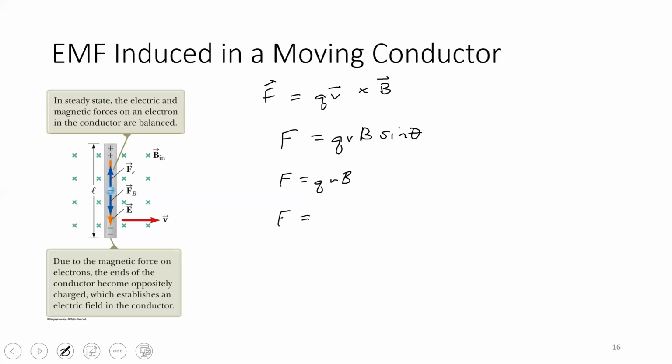We know that the force that this electron feels, we could write as Q times E. So in this case, we could compare these two equations and get an induced electric field that is related to both the speed of this rod and the magnetic field that it is moving through. Now, if this is a constant magnetic field, we can talk about, and I'll put little hats on this V so that we know we're talking about a capital V,